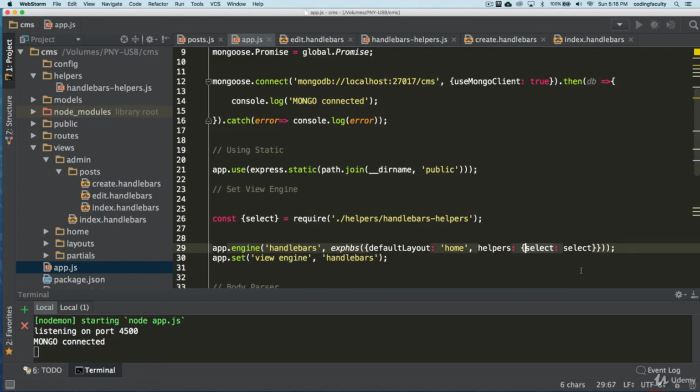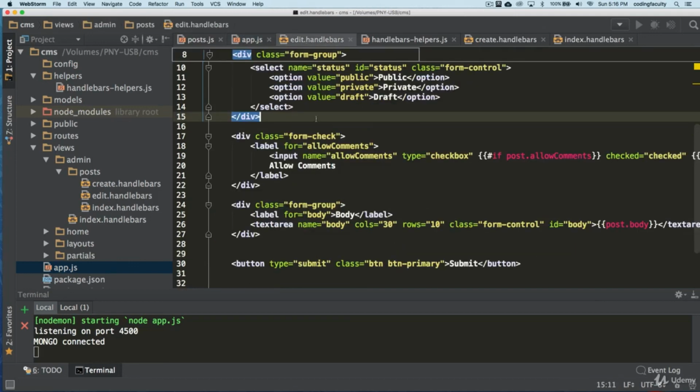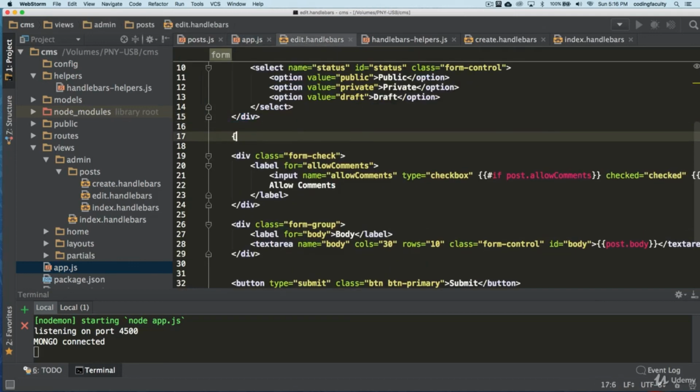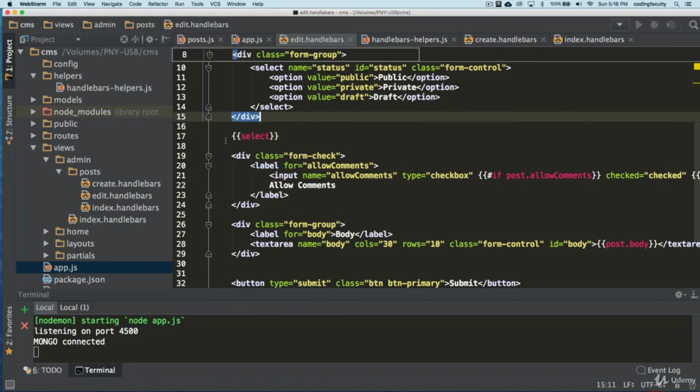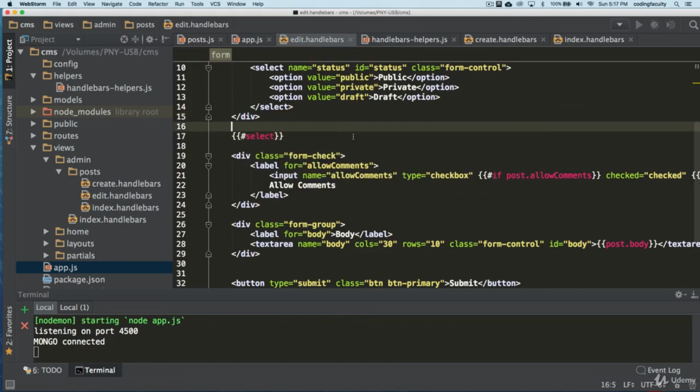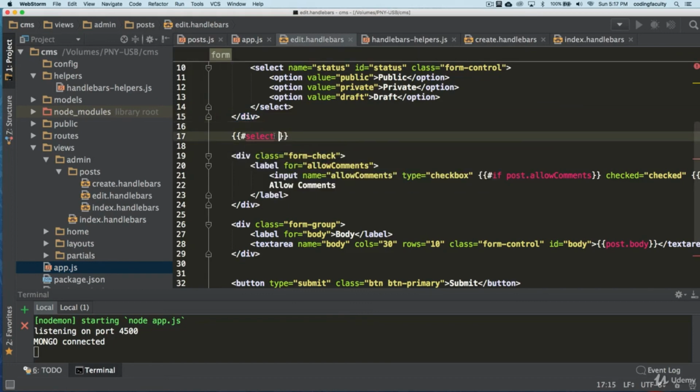So now in order for us to play around with that, let's go back here, and I'm just going to put it anywhere right here, two curly brackets, and I'm just going to do select. Okay, like that, pound select actually, and whatever parameter there, I don't care, let's just put whatever. It should work outside of, let's just make sure we close it though. Select, there we go.